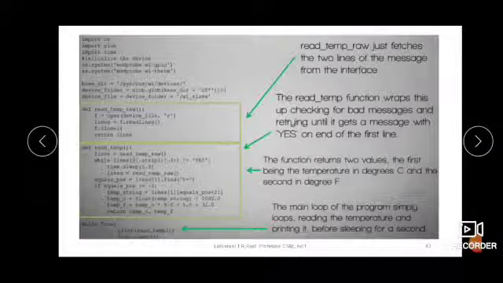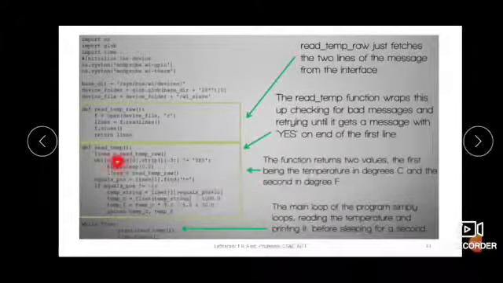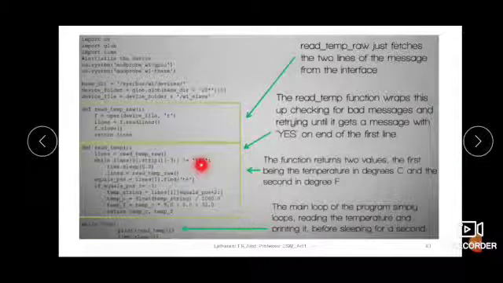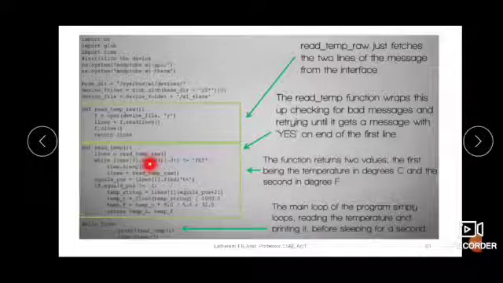Okay, so now this read_temp function will read the temperature by calling this read_temp_raw, and then it will check for yes. It uses the strip function for that. The strip function will return a copy of the string by removing both leading and trailing characters based on the arguments passed.